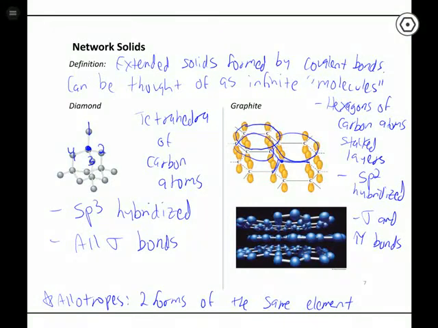Another big difference here is that in graphite we have these two-dimensional sheets of carbon atoms. The sheets are stacked together, but those individual layers are just held together by London dispersion forces, which is a very weak intermolecular force, as we talked about. And that's why graphite is slippery. The two layers are not held together very tightly, so they can slide over each other pretty easily, as opposed to diamond, where everything is bonded to itself very strongly, very rigid and in place, so you don't have that slipperiness